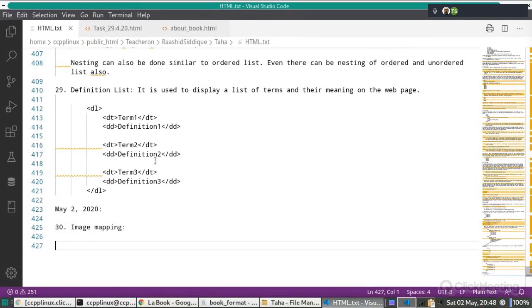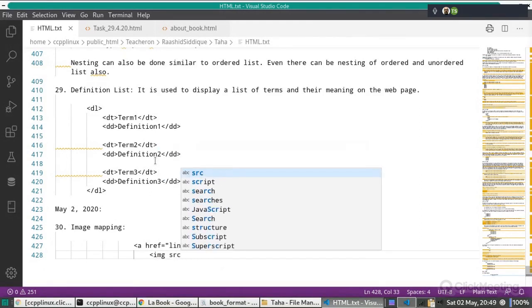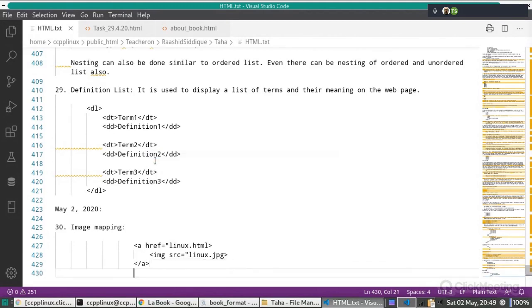Suppose we have an image whose name is linux.jpg. If I write a with href equal to linux.html, and then img with src equal to linux.jpg, and then close the a tag, can you guess what will happen here?